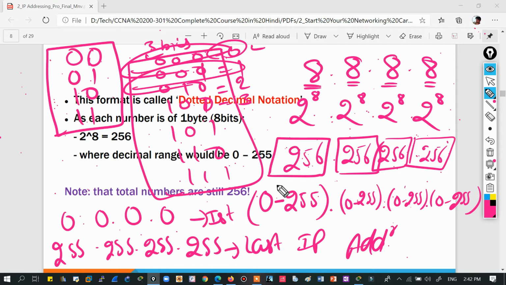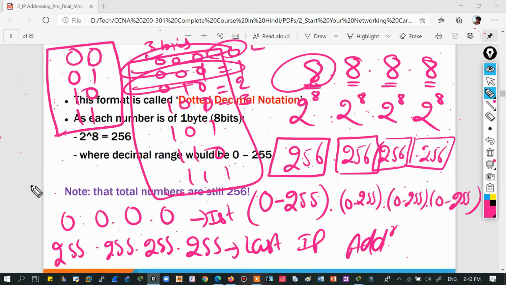So that is a logic, there is a logic behind that. And what is the logic? That we have maximum 8 bits per octet. Okay, so how many combinations we can have in an octet? 2 raised to the power 8, which is 256, and the number can be from 0 to 255.